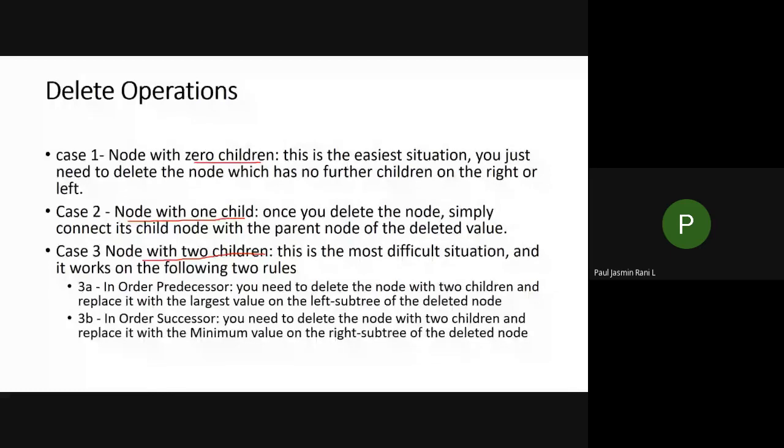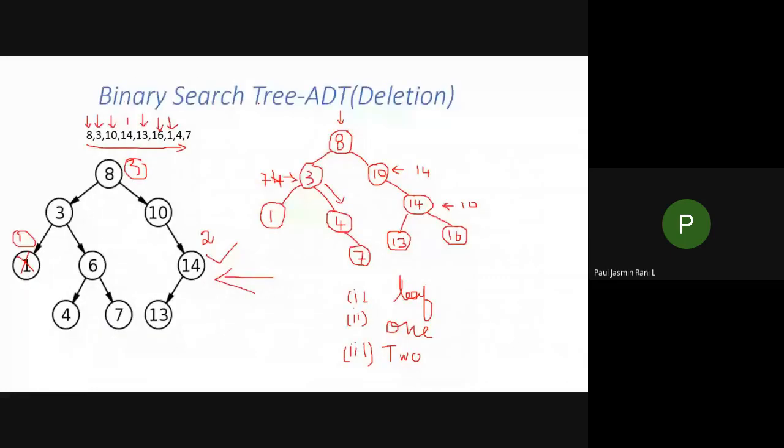You all know that if I want to create a binary search tree, and let us consider I'm implementing this using pointers, each node will contain 3 fields, isn't it? One field is for your data and 2 fields are for your right child address and left child address. That is, this 8 node contains the left child address of this 3 node. Am I correct? Similarly, the right child address of this 8 node contains the 10 node address.